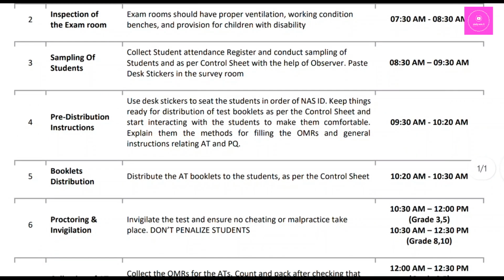Then pre-distribution instruction: use desk stickers to seat the students in order of NAS ID. Keep things ready for distribution of test booklets as per the control sheet and start interacting with the students to make them comfortable.